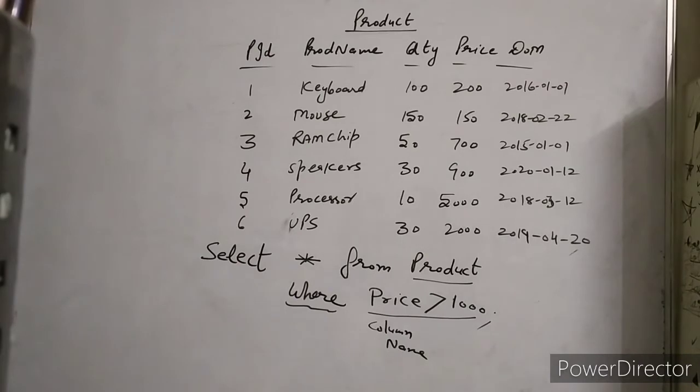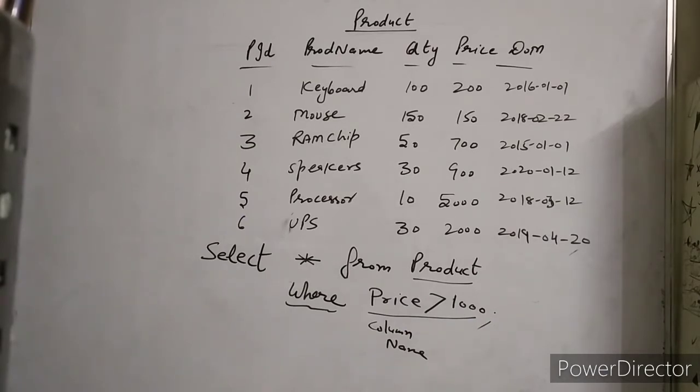It means I write here the operator greater than. Now you will study these operators, because you will be able to make the condition if you know these operators of MySQL. First I am giving an example so that you are aware what type of conditions there are. But to make the condition you have to study the operators of MySQL. Clear? Select star from product where price greater than 1000.